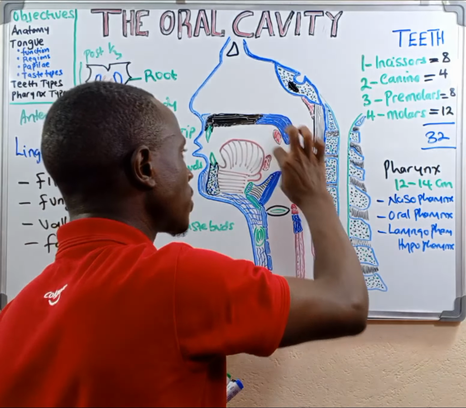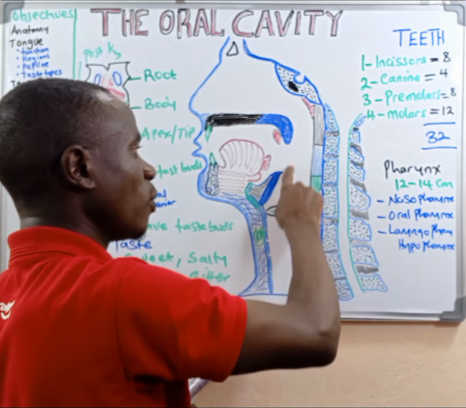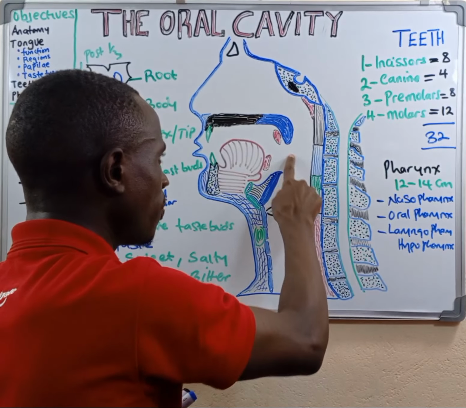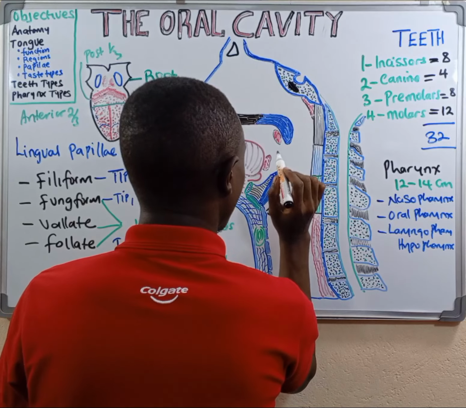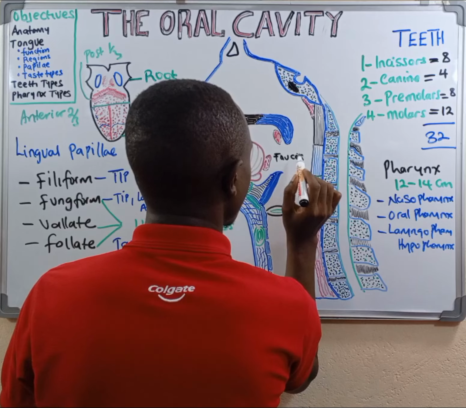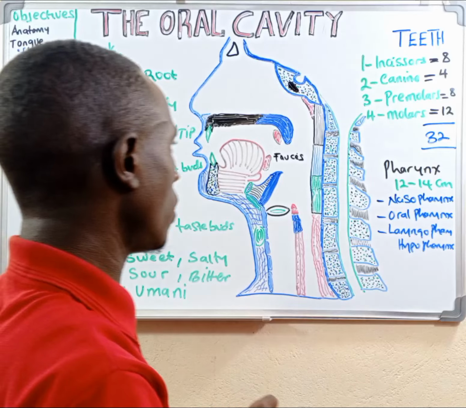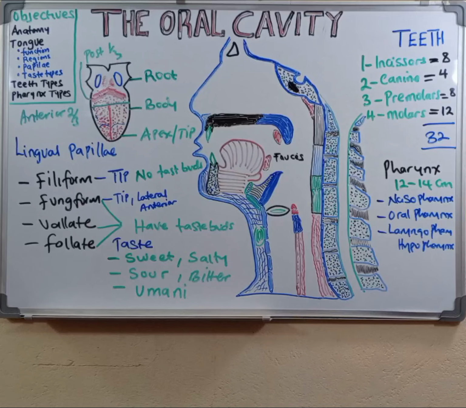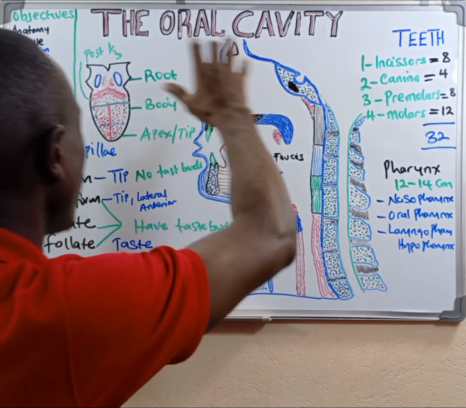Now we have this opening between the uvula and the epiglottis. You know how this opening is called? This opening here is what we call the fauces, the opening from the oral cavity down to the oropharynx. It is also such another beautiful thing. So this briefly covers the anatomy of the oral cavity and even all other structures that